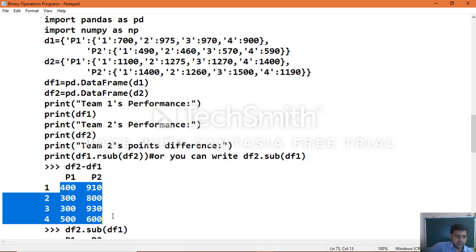So team p1 player 1 is having 400, player 2 300, player 3 300, player 4 500. Same way, team p2 player 1 is having the difference 910 points, and player 2 800, player 3 930, and player 4 600.